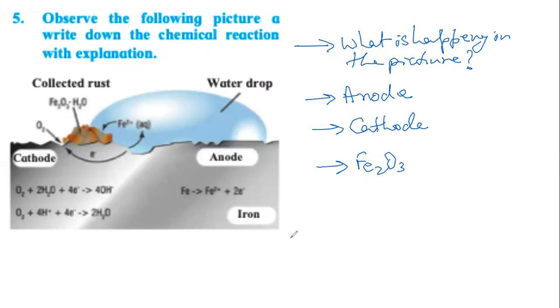The amount of information that we will have to write will be the same, but the structure of writing will change. You will not write a paragraph. You will just answer in points. What is happening? The picture shows rusting of the iron. Anode reaction, just give the anode reaction. Cathode reaction, just give the cathode reaction. And we can answer. And this is the end of chapter number